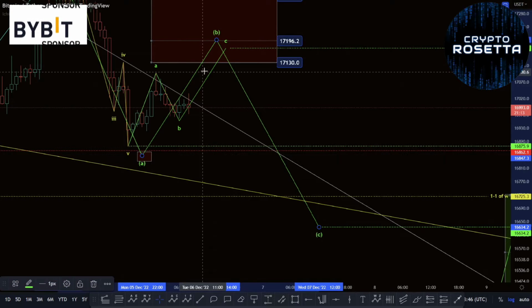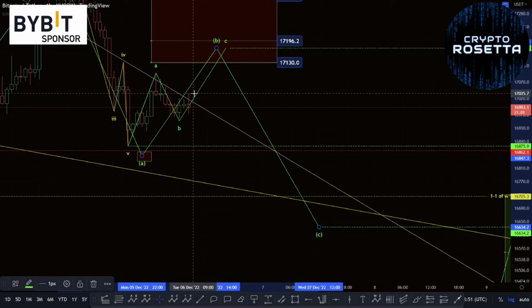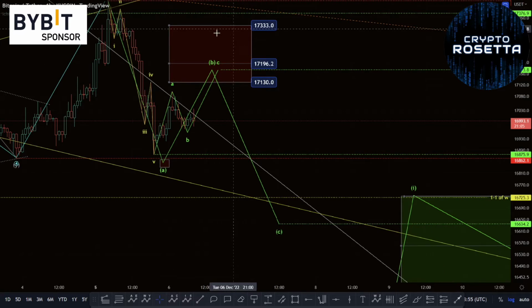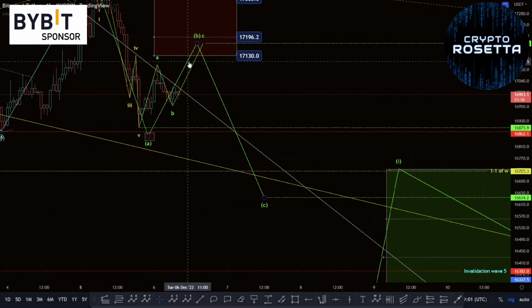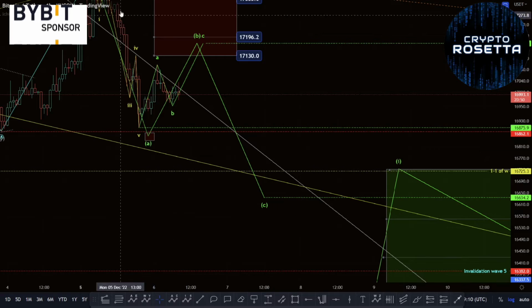It's not certain for the time being where that is because we don't have enough structure to plot it off here. So that's what I'm looking out for: a move up into this zone and then further rejection to the downside. The target as one-to-one off of this wave, off of this one-to-one area, would be 16,634, and that